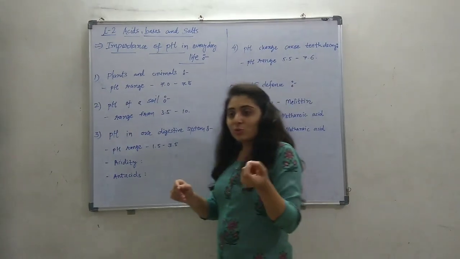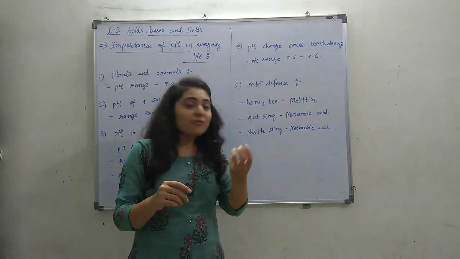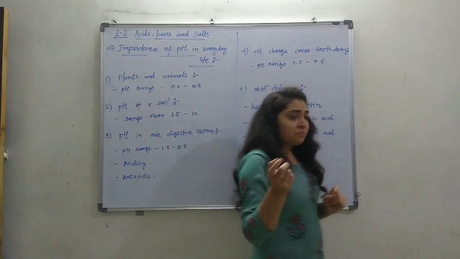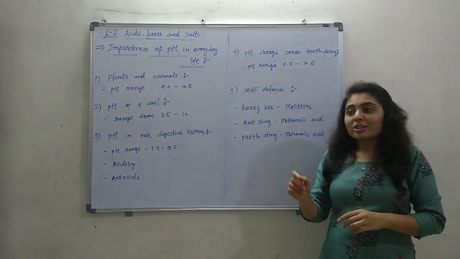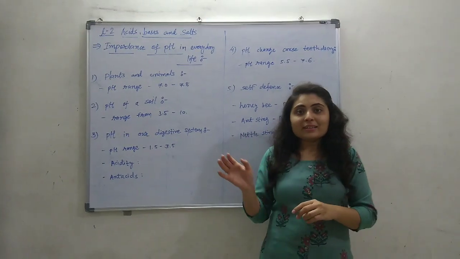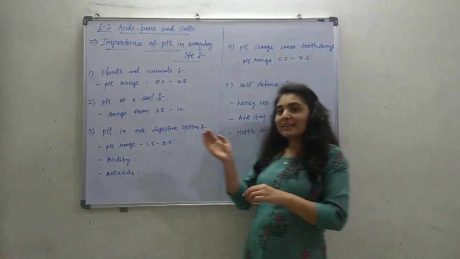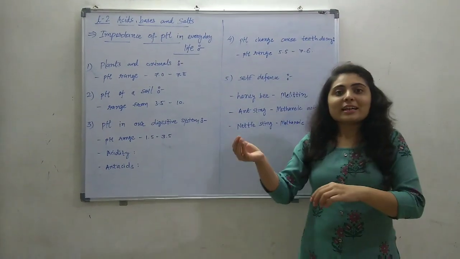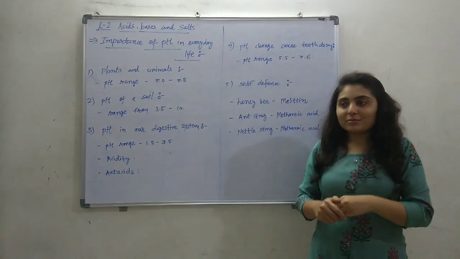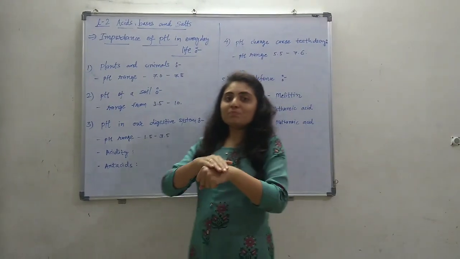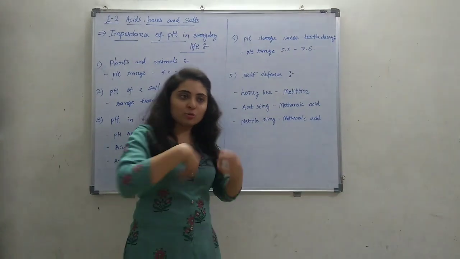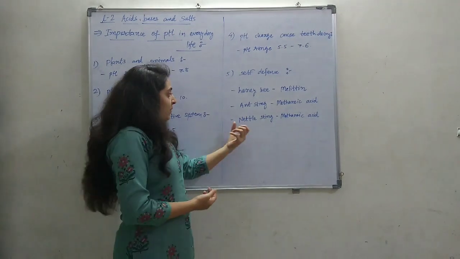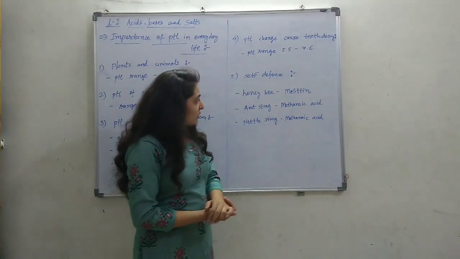So to remove the effect of this acidic material, we should use a basic material as a remedy. Generally we use wet clay, from our home or from our garden, and that clay is generally basic soil. So that soil can be used as a remedy that neutralizes the acidic effect of the honeybee sting or ant sting. A nettle sting also contains methanoic acid.